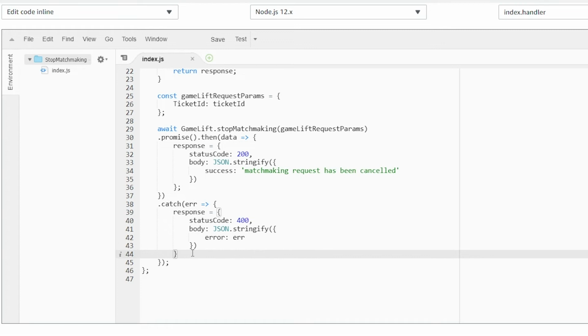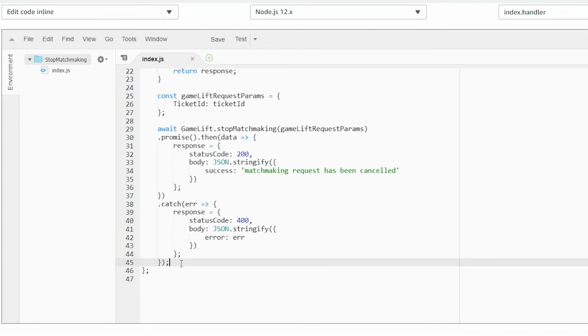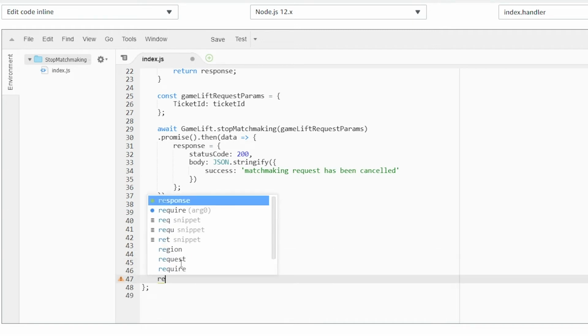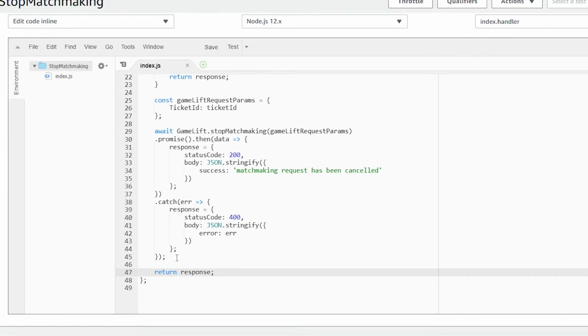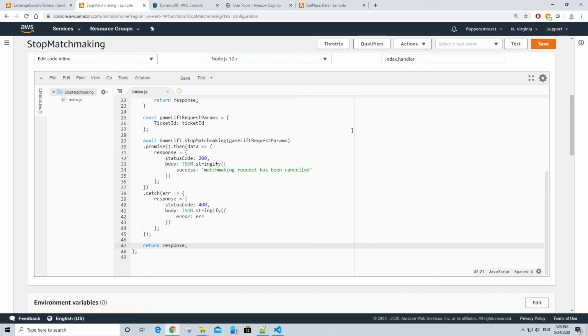And then we'll add a semicolon here at the end. And finally, to finish this function, return the response by typing return response, and then click on save up here to save your code changes. Alright, now we have to modify the access permissions in the policy attached to this lambda function so that it